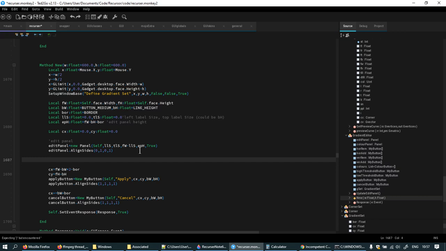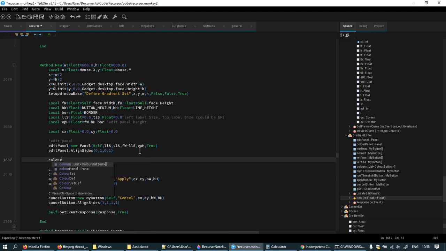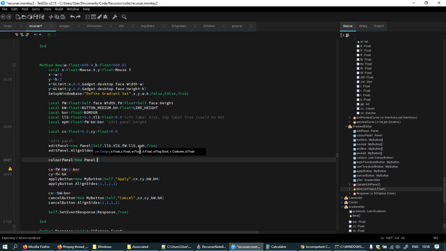Inside the edit panel there's also the color panel. Equals new panel. I happened to look at the task manager the other day, and doing the video is taking more than half my processing power apparently, so it's no surprise it's taking so long to, don't know why that came to my mind. Anyway, so the color panel is a new panel, and its parent is the edit panel,